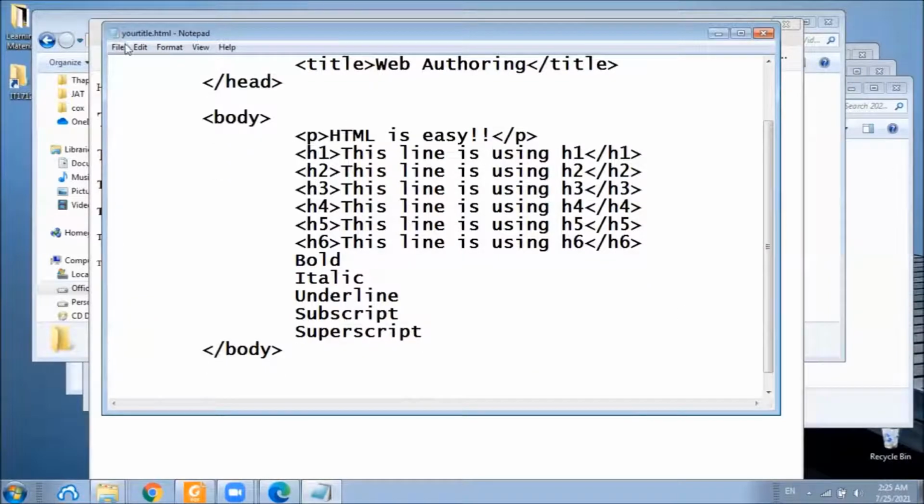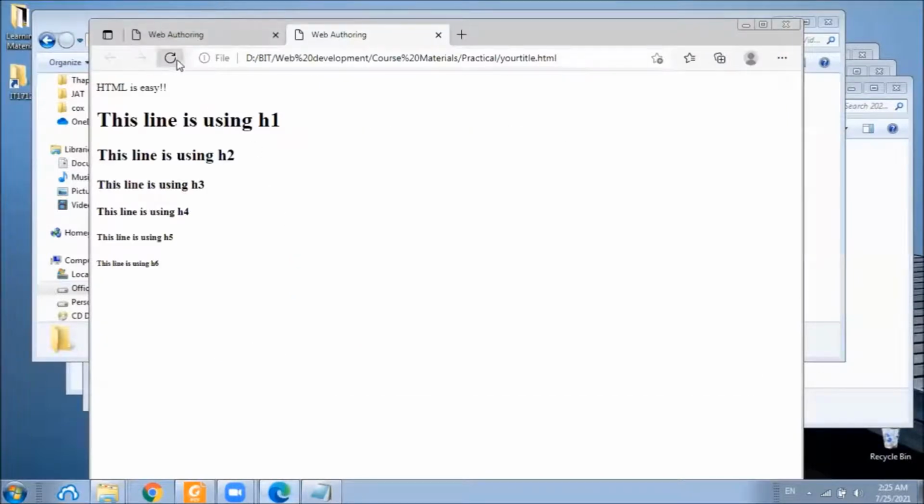If we save this file and open it in the browser and refresh it, you can see all the text are now visible under these heading tags.